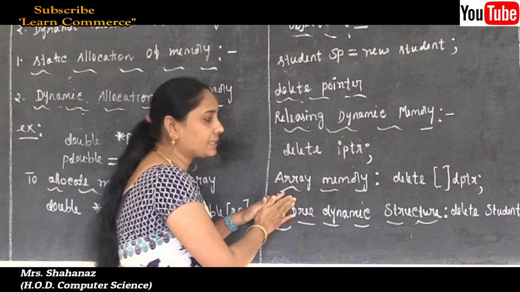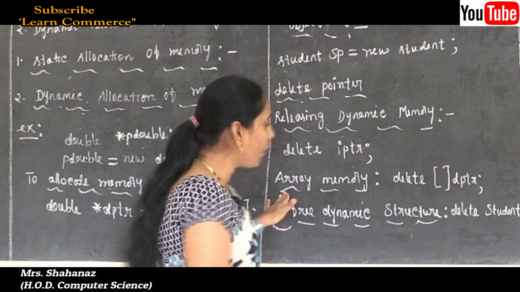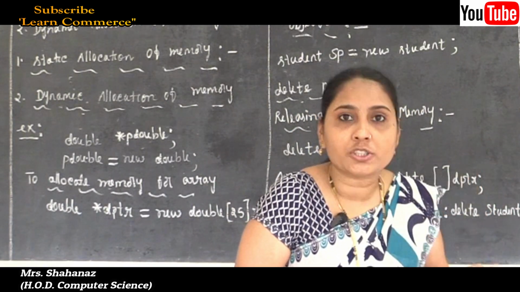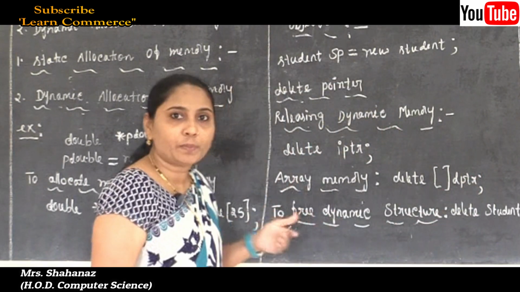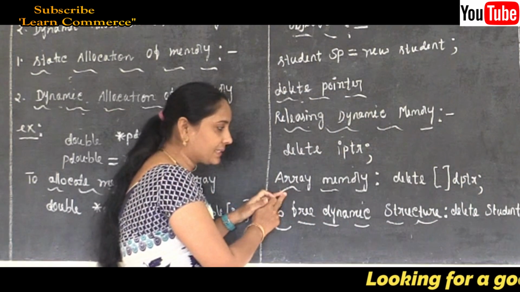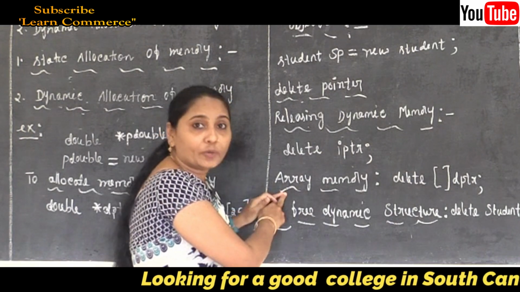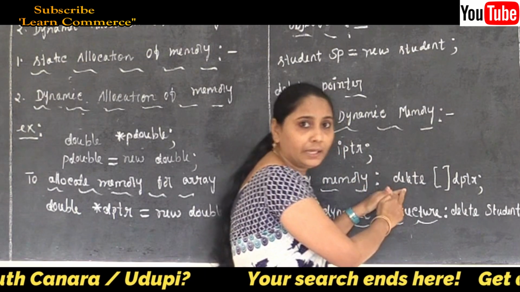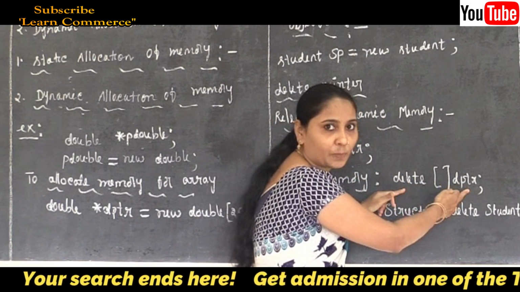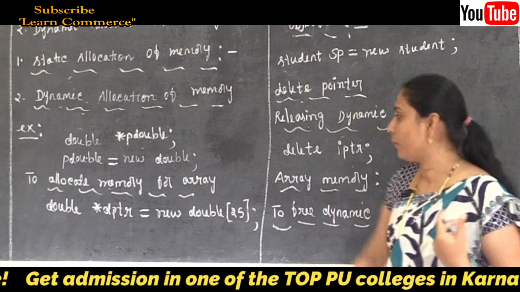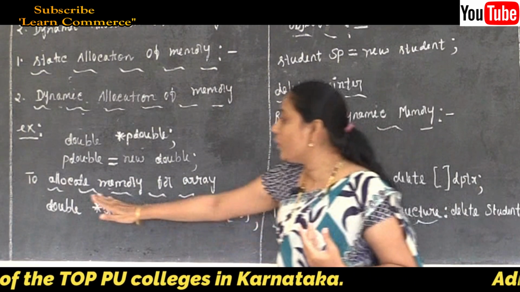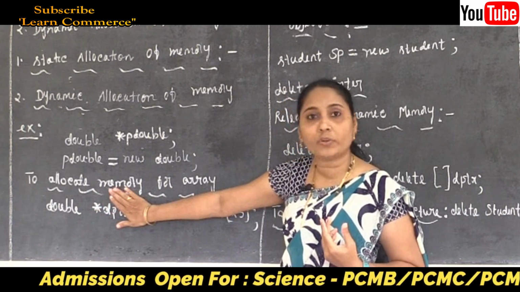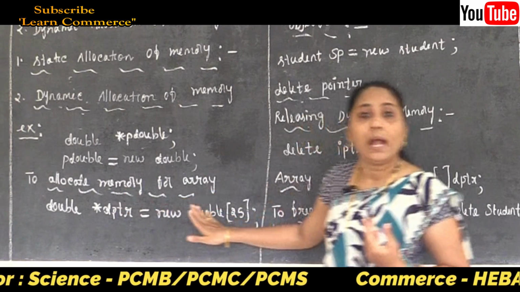And later, let's see the next example, which is about freeing the array memory. So what's the memory we got in the case of the array here? Such memory is going to be deleted here. So the second example, that means freeing the dynamic array memory, and we are going to write delete [] dptr. Clear this point here? So delete [] dptr. Why? Because we already know about this one. We already wrote the example for our dptr, and this example is about the allocation of memory for the array objects.